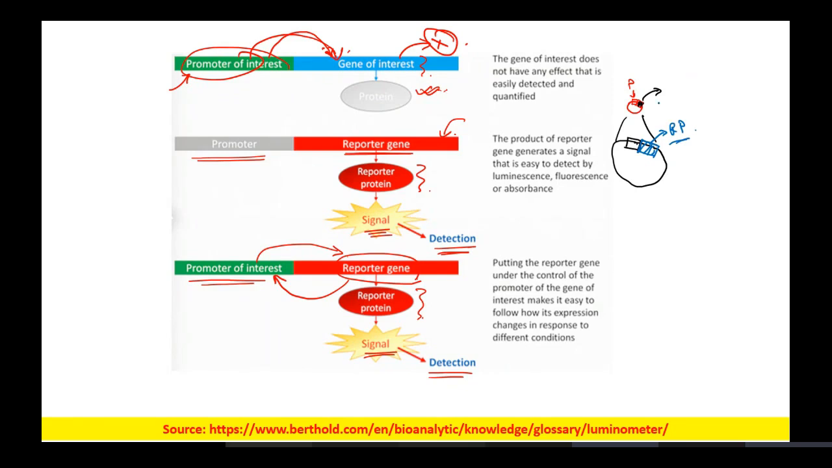Okay. So this was the initial case. The first case is the initial case. So what we have done in the second stage, we have removed the gene of interest and we have replaced it with the reporter gene. Now these plasmids,